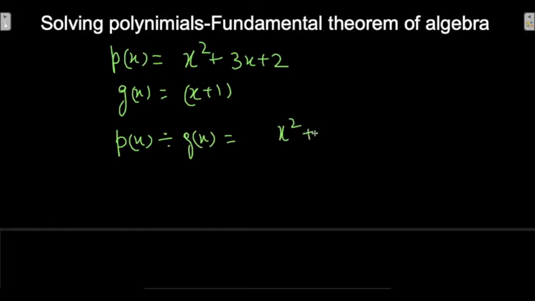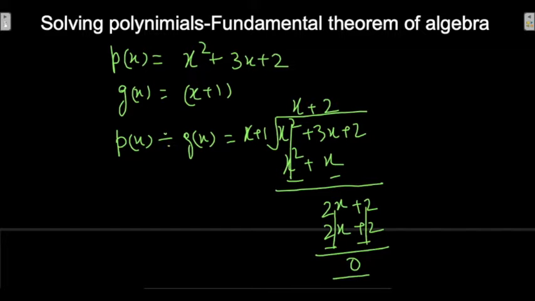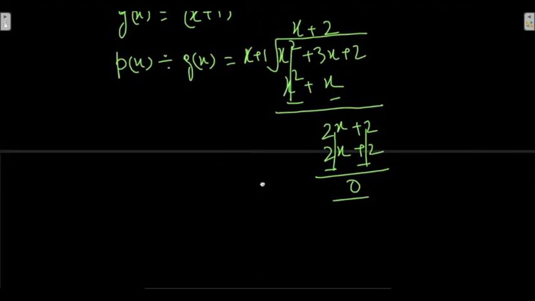Taking the long division method, this is p of x divided by g of x. So it is x times, it gives us x square plus x. This x square will cancel with x square, we'll get 2x plus 2, and when we multiply this divisor by 2, we get 2x plus 2, and the remainder which we get is 0. So which means that